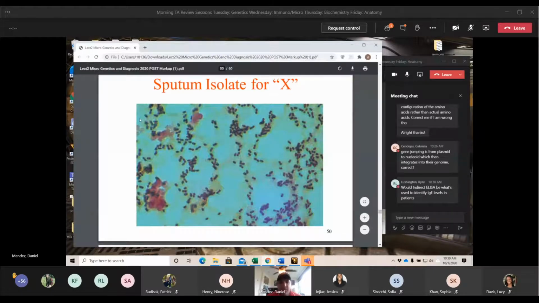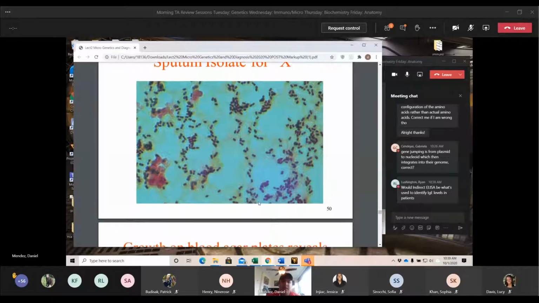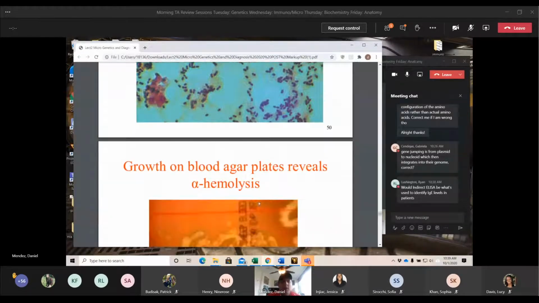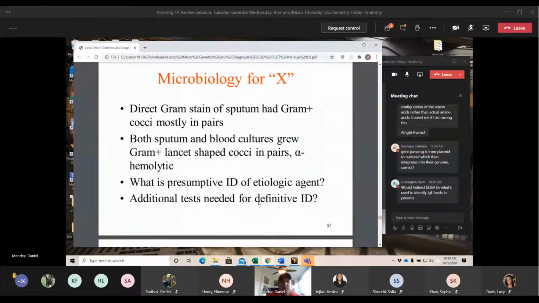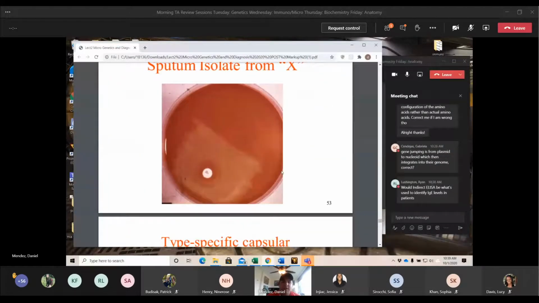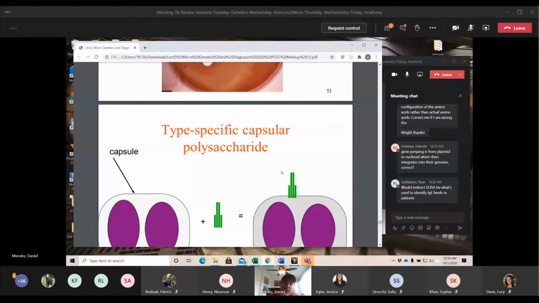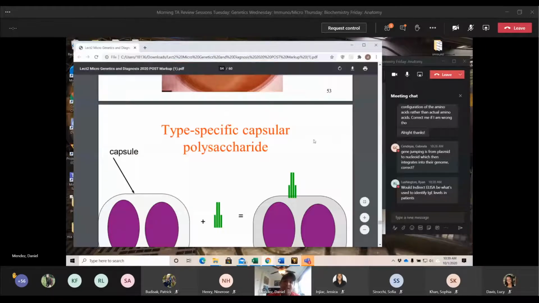And then here, just another gram stain, looking at sputum, so spit. Not really spit, but phlegm, coughing up phlegm. Plate cultures, just some other media they use. Once again, he just wants you to have that idea, because as a physician later on, this is the kind of stuff you're going to be looking at.